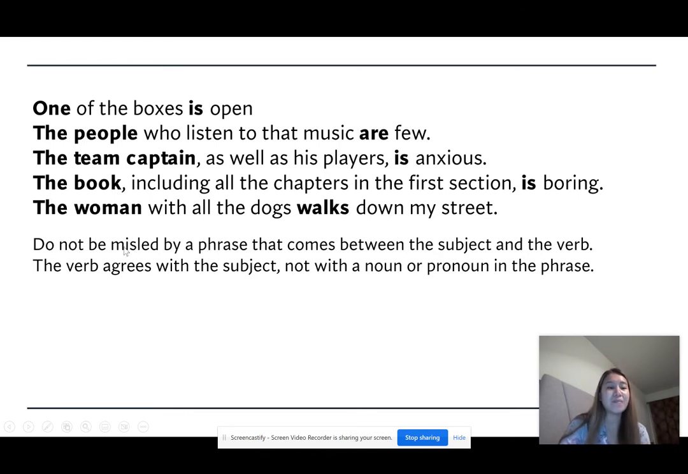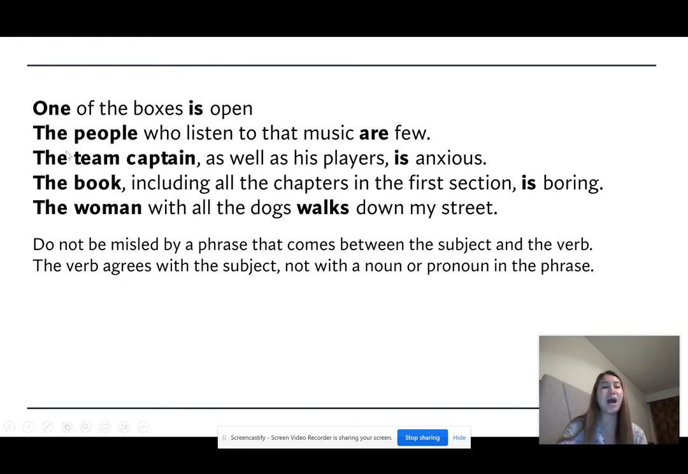Next, do not be misled by the phrase that comes between the subject and the verb. There are a lot of words, some modifiers within the sentence. Sometimes it's confusing, but focus on your subject. Where is your topic? Your topic must agree with your verb. Regardless of what you see, focus on your subject. The verb agrees with the subject, not with a pronoun or noun in the phrase. Example, one of the boxes is open. You might think, miss, that we have boxes over here, but our subject is one of those boxes,